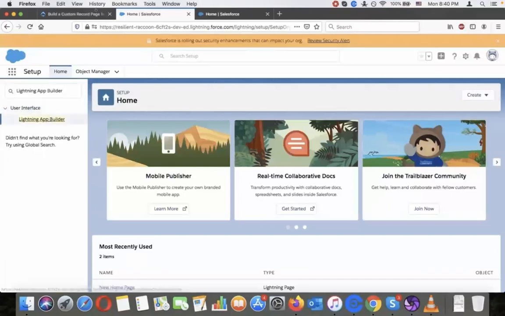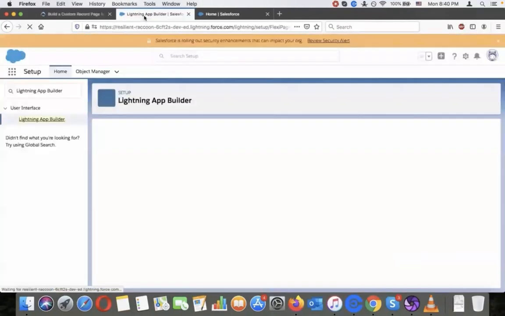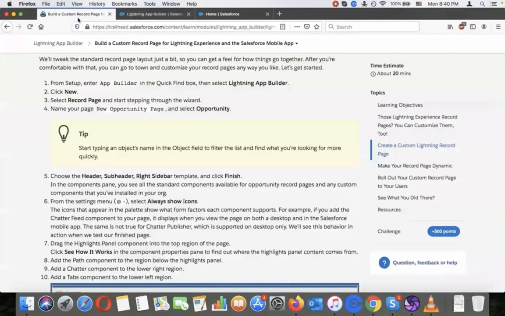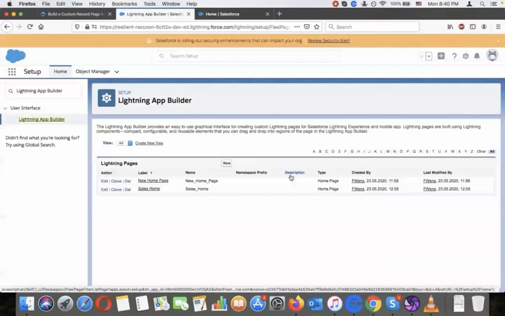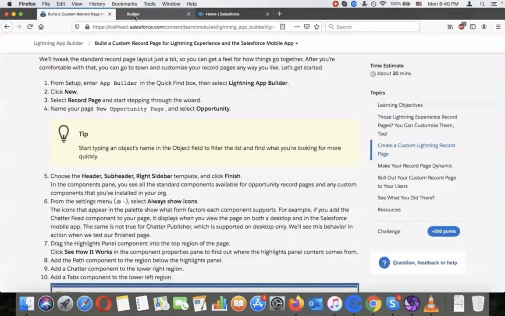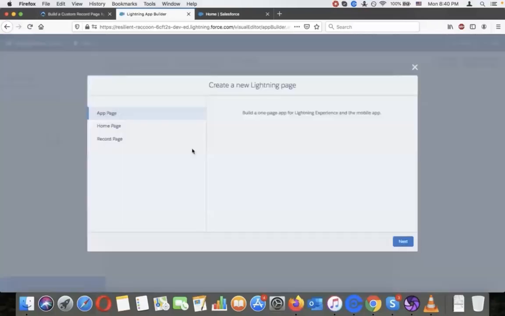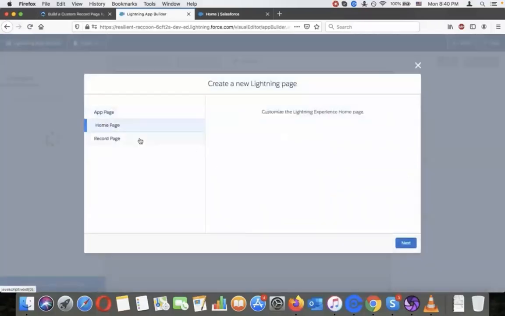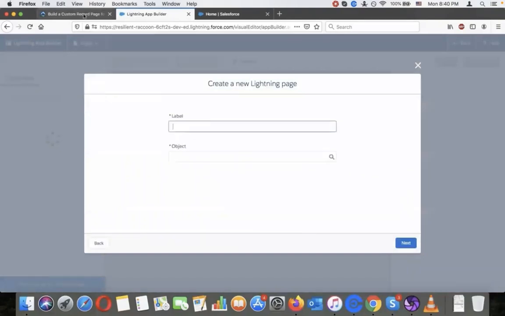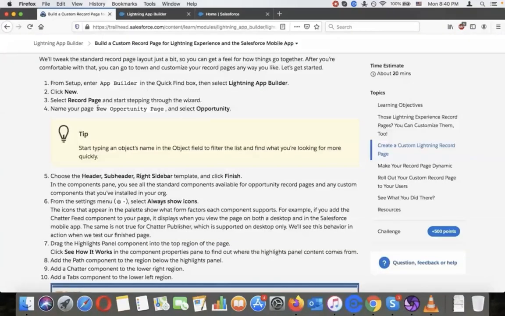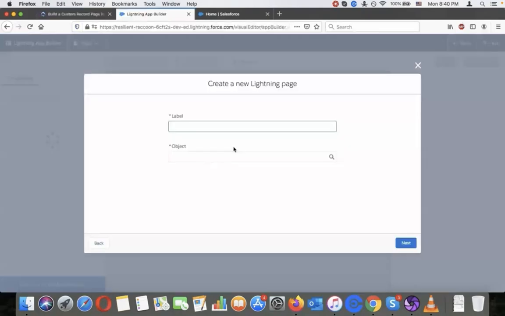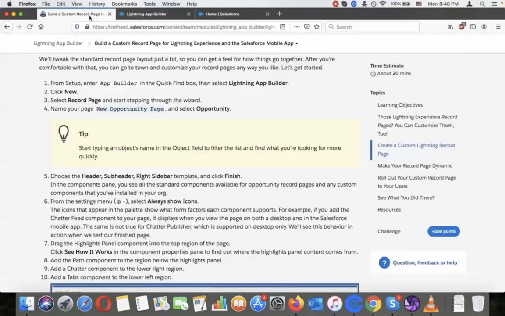There we go, Lightning App Builder. New record page. Let's see, label and